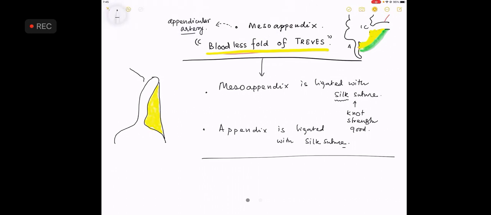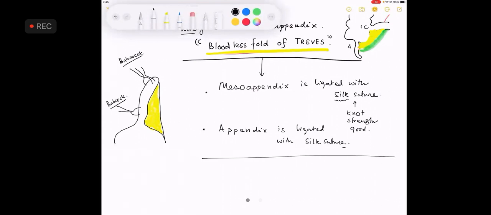What they do is that they hold the appendix with an instrument. That instrument is called Babcock. So please see, I need 2 Babcock forceps for the operation. Examiners will like to ask you this. How many Babcock are needed? Sir, 2 Babcock are needed for the operation. Last question to give you a good honors number.